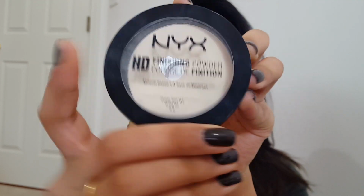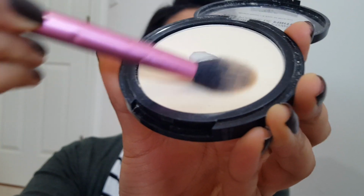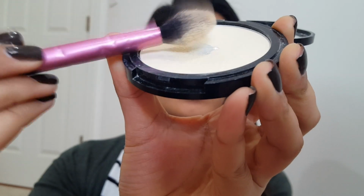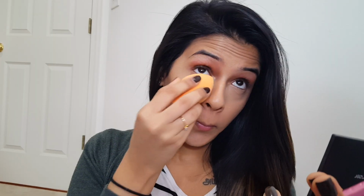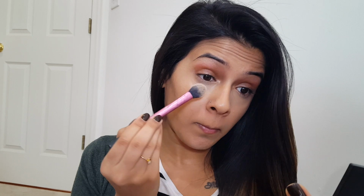To set all of this in, I'm going to be using the NYX pressed powder in the color Banana. And I just wanted to show you guys that I'm going to be baking even though it's a pressed powder. So what I do is I really swirl my brush in the pan and then tap off all the excess. And I don't know if you guys can see it in this, but basically it collects and almost looks like loose powder. So I make sure that there are no creases underneath my eyes, and then I apply that powder